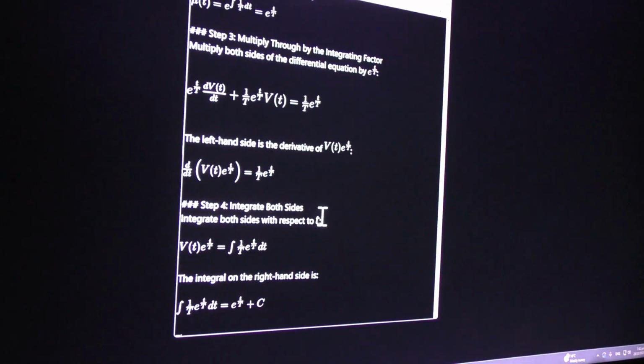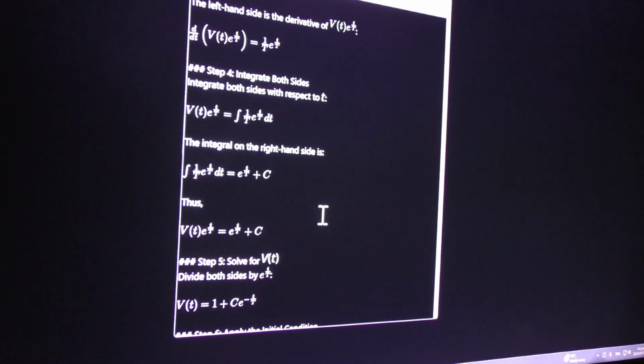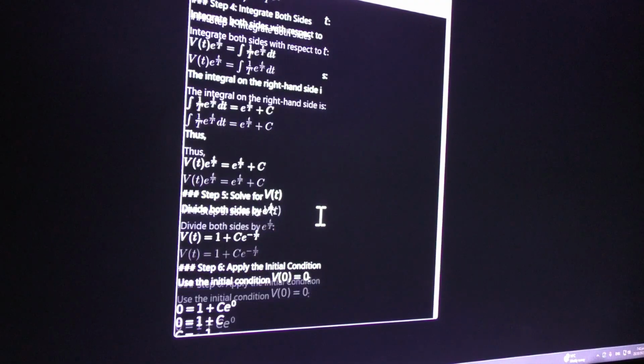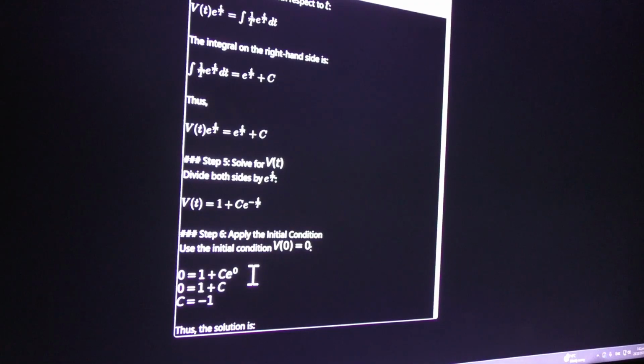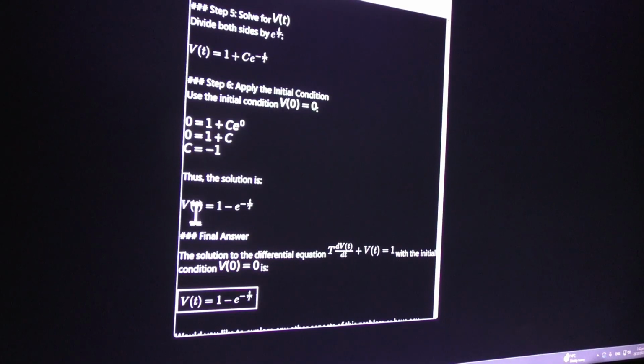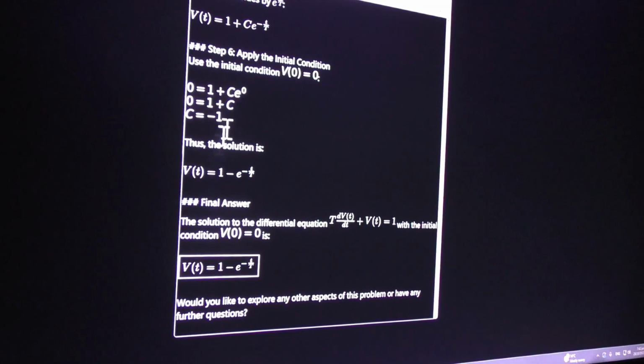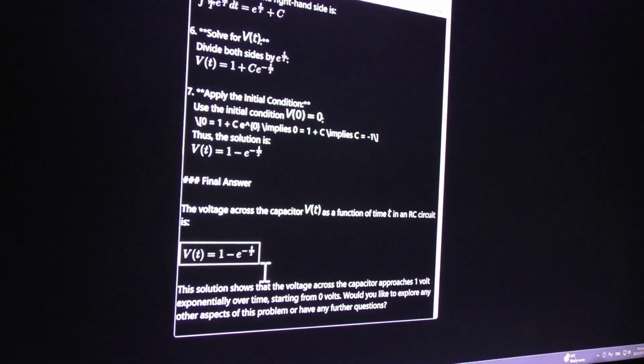Over t. That'll drive me mad. So use the integrating factor method. No need to do that, but it's kind of a good way to do it. And because it knows the initial conditions are 0, because I put that on the piece of paper, it's come up with the final answer, which is put a wee box around it. So I hope you can see that. 1 minus e to the minus t upon t. And I just put that down because it's charging of a capacitor in an RC circuit. An exponential rise. Those of you that are electrical engineers will recognise that, and that shows you how it does mathematics. Of course, it can do far more complex things as well,